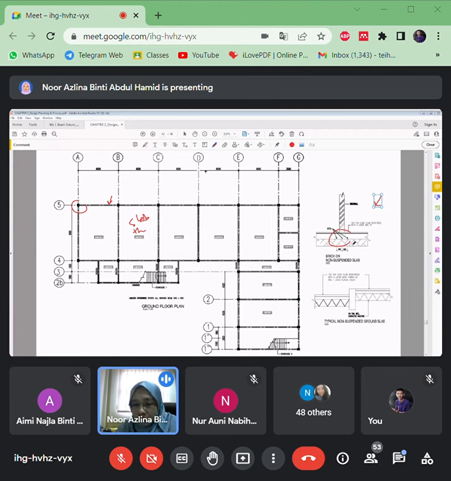Okay, then if you look at here, there's a suspended slab here. Okay, there's a non-suspended slab here. There's two different things here. Okay, once you do the design, sometimes in the question we will give you information. You have to design the beam,